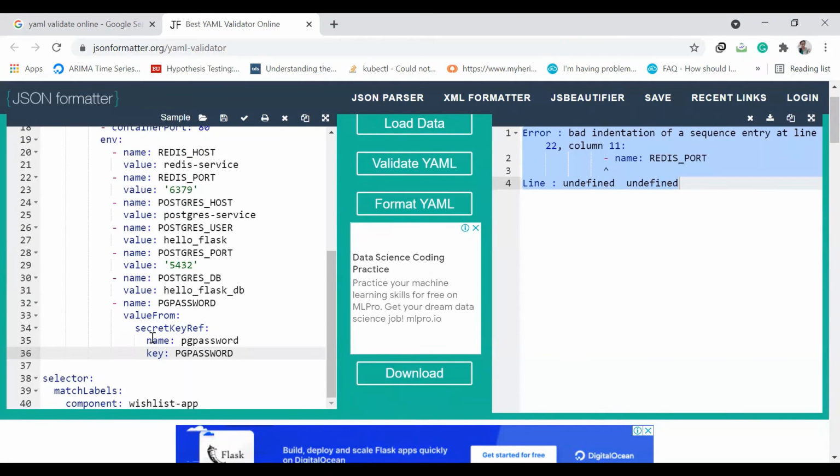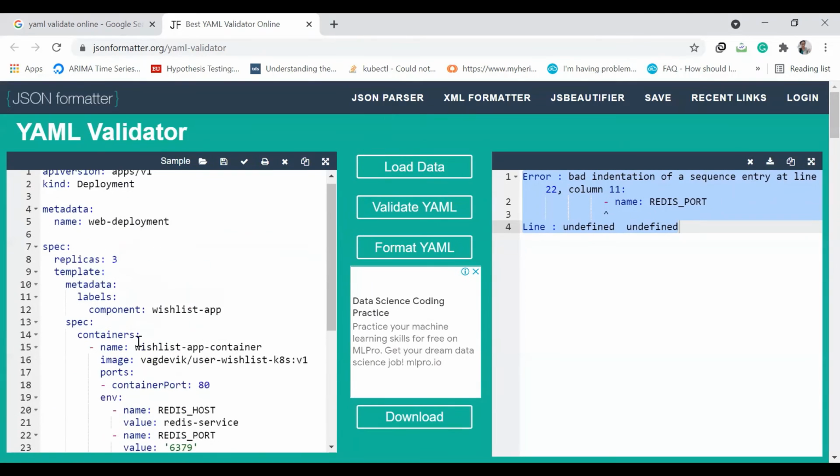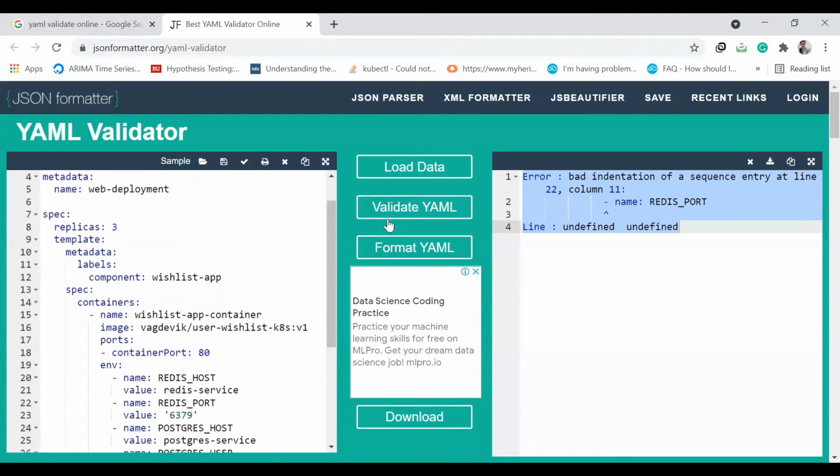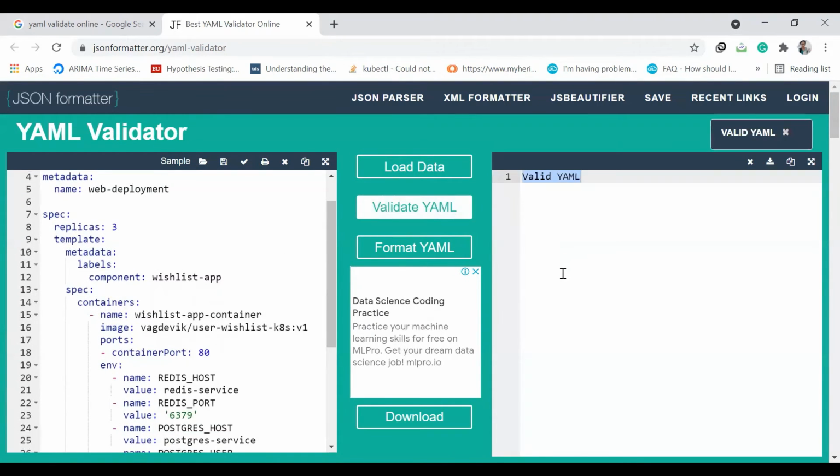So it's inside, meaning 2 spaces we have given here, right? And the same for everything. Let us validate it again. Now it shows valid YAML, right?